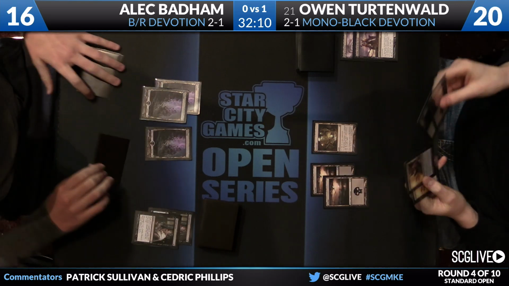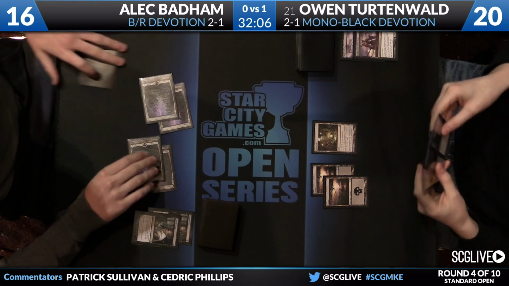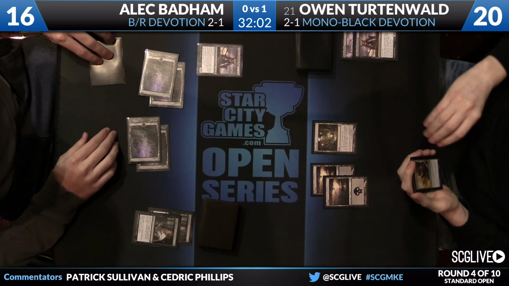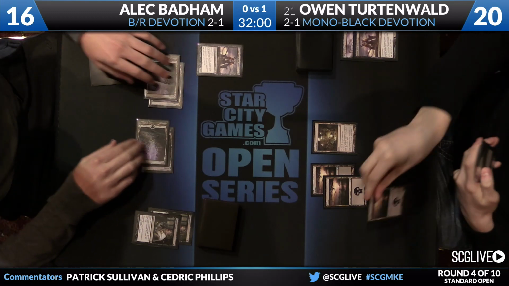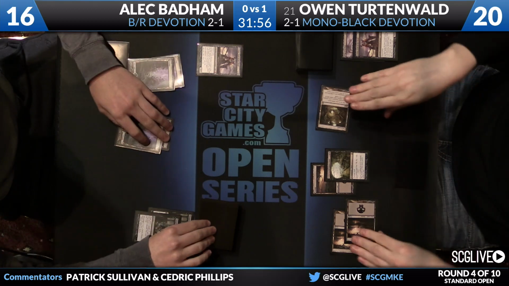Pass the turn back. Can Badham draw the 4th land on time? He does. Wow. We got ourselves a ball game here. There's Erebos. I think we're more than we have a ball game. I think Owen's in trouble. Turtenwald with a big draw there. It's an Underworld Connections. He'll play that on a Swamp and pass the turn back over to Badham, who will